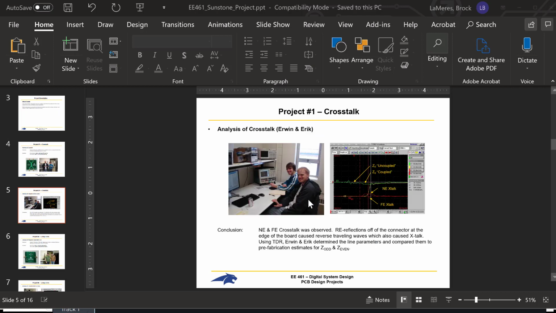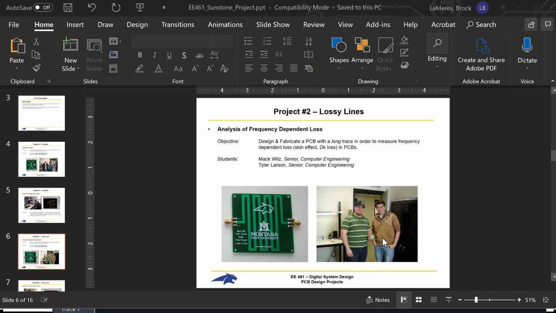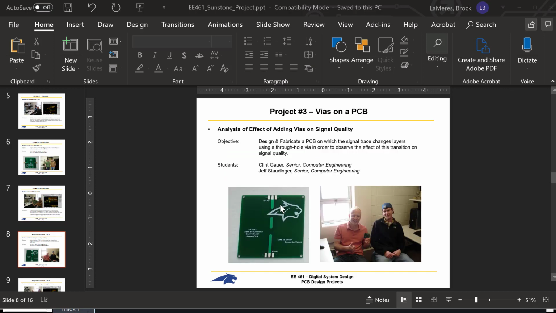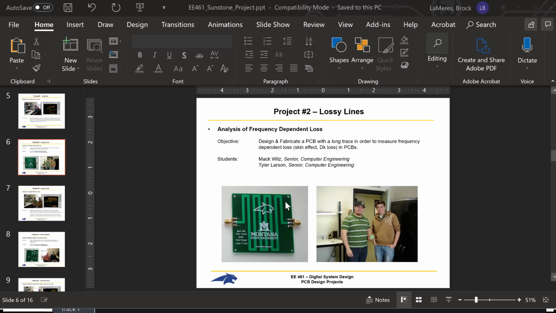This is a screenshot from a TDR oscilloscope. So what everybody would do is they would come up with a signal integrity issue they wanted to study. They would build a printed circuit board. They would then take a measurement on it, and they would actually launch the signal down it. And then they would build a model in ADS and try to match it. So then at the end, they would say, okay, I've built this model of it. And then they'd give a super short, no slides presentation in class. And that was it. That would be the last month of class.